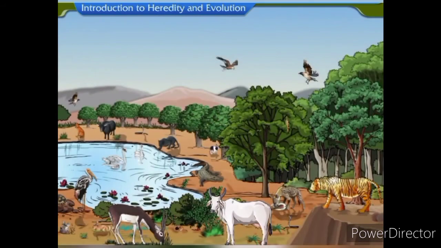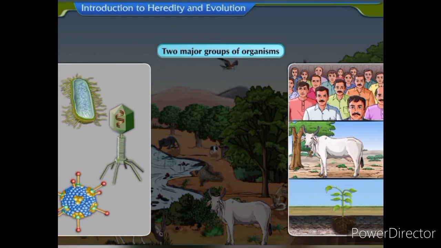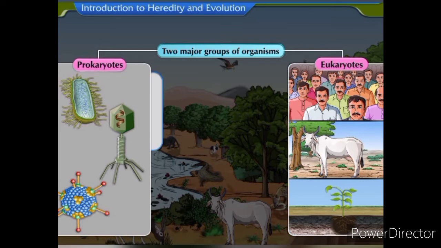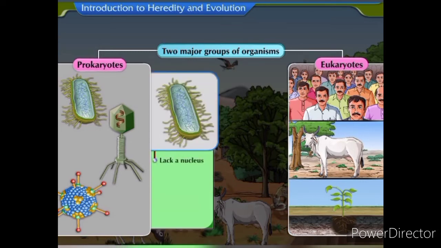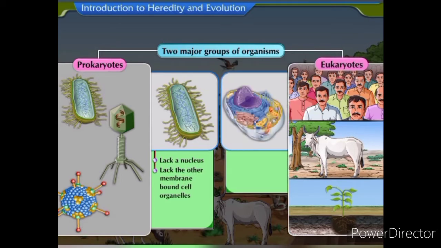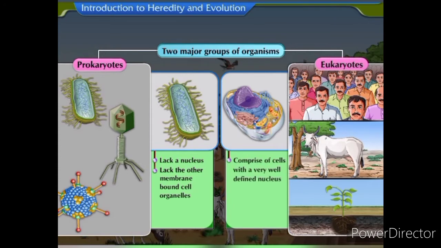The living world is composed of two major groups of organisms, namely the prokaryotes and the eukaryotes. Prokaryotes are a group of organisms that lack a nucleus and other membrane-bound cell organelles. Eukaryotes, on the other hand, comprise cells with a very well-defined nucleus and even show the presence of complex